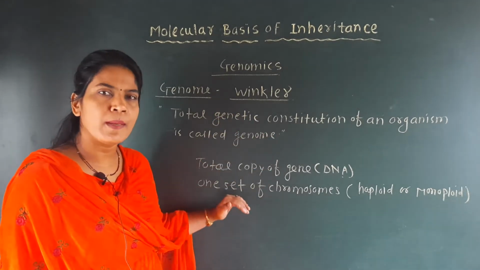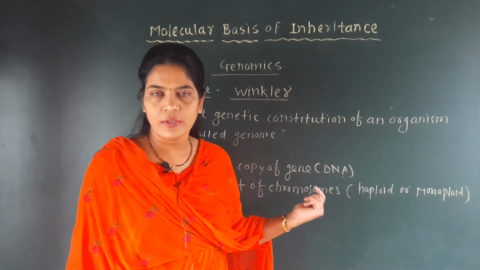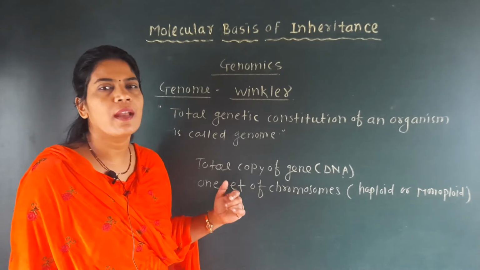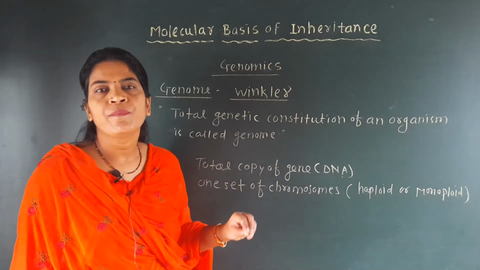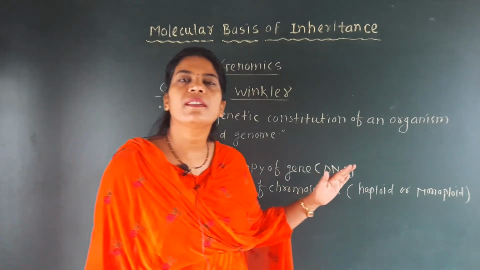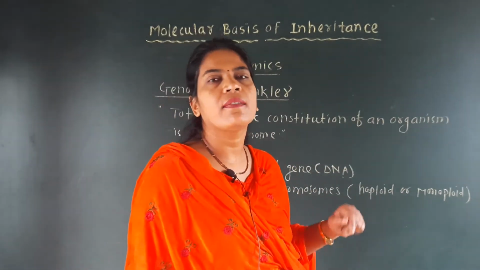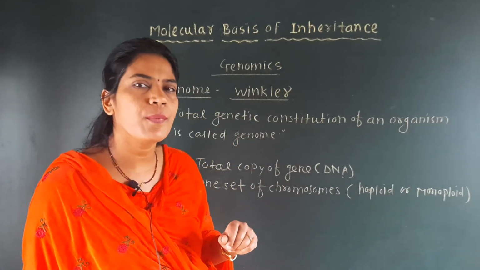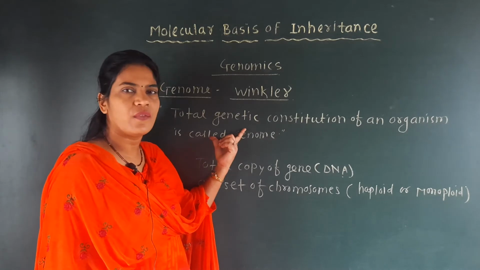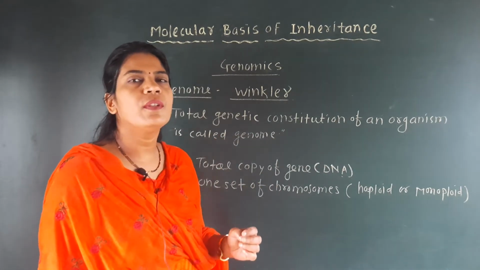In other words, we may say that it is a total copy of genes, or it is the total copy of DNA of that organism. Or if that organism is haploid, then we can say that the haploid set of genes can be studied in a genome, because it is haploid, and that's why the haploid set is considered only. So if the question is asked for genome, then you have to only write this definition, and the meaning of it is given here. So this is about the genome.